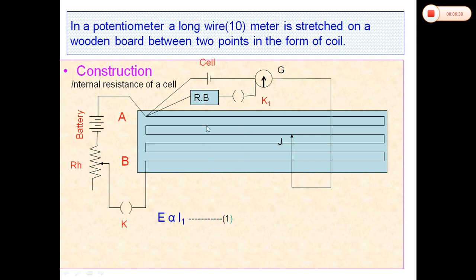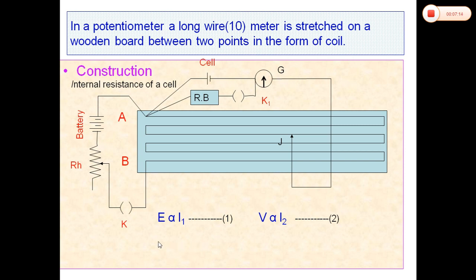Now this is equation 1. Now we insert key K1 and we take out some suitable resistance R from the resistance box, and again we repeat the experiment to find the balance length or balance point. Let the balancing length in this case be L2, then the terminal potential of the cell V will be directly proportional to L2. In this case the balancing length is directly proportional to the terminal potential of the experimental cell, because the cell is in closed circuit.